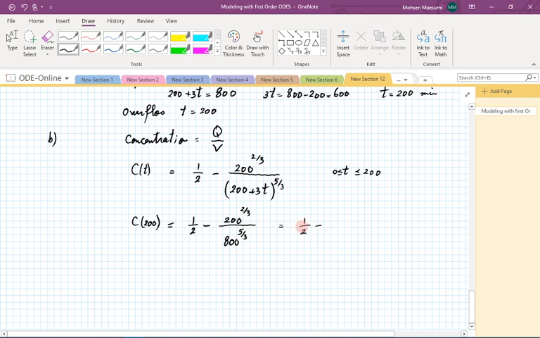That's entirely up to you. So this is 200 to the power of 2/3. Denominator, I write it as 800 times 800 to the power of 2/3. So I separate power 1 and power 2/3 because now I can simplify these two. So 1/2, 200 over 800, there's a quarter,